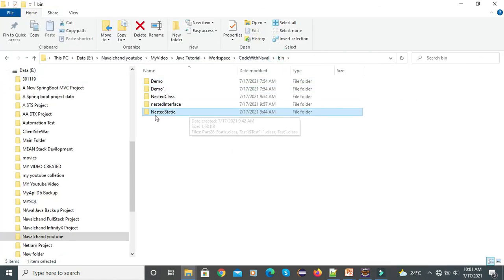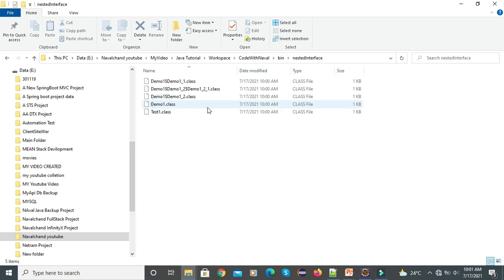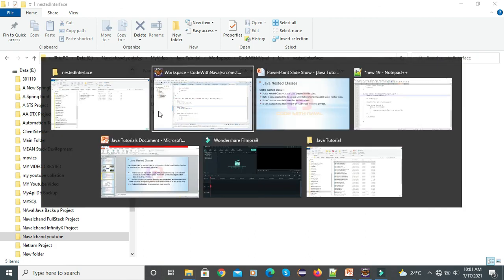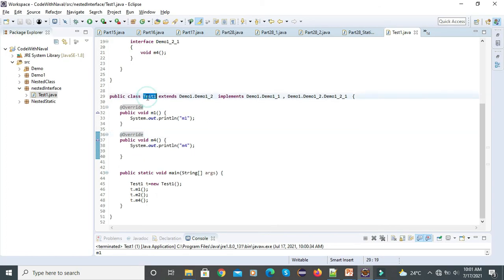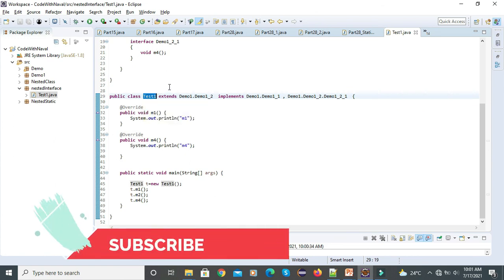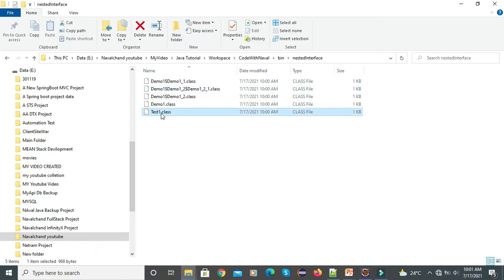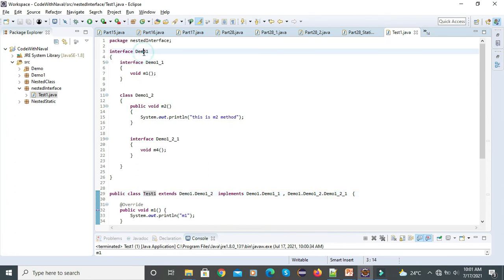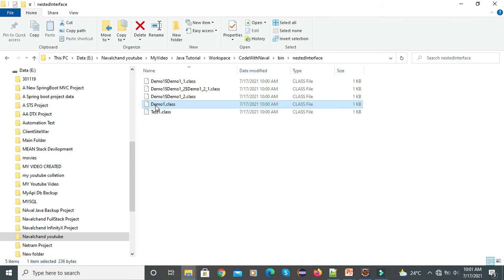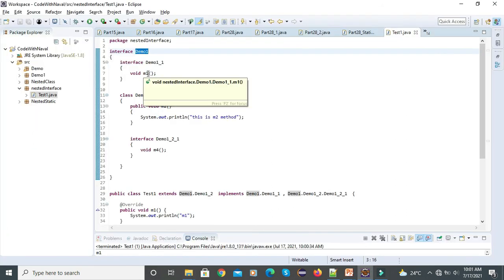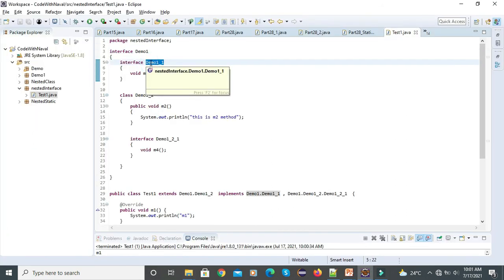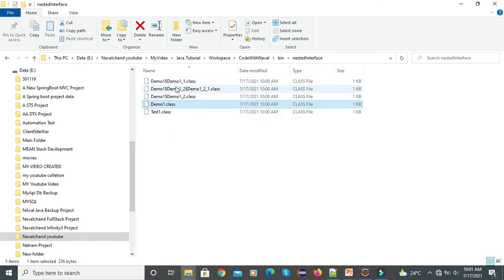We can see here we created a nested interface package. Here you can see we have test1, our main class, then we created demo1, this main interface. You can see we got demo1, then this inner interface demo1-1, and here we got the demo1$demo1-1 class file for that.